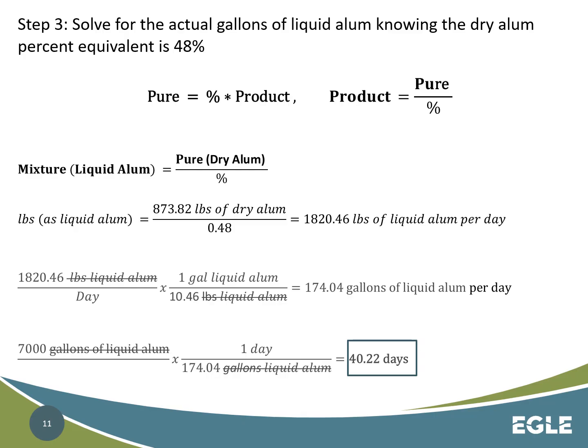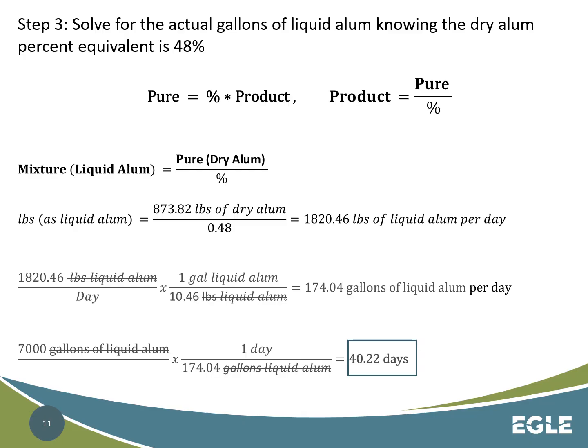We're trying to find the liquid gallons of the product, which is why we use the second equation. Here, just to illustrate further, the mixture or the liquid alum is equal to the pure or the dry alum divided by that percent. Once we find that, we are able to find how many pounds of liquid alum we're consuming a day, and using the density in the problem statement, we're able to find how many gallons we're